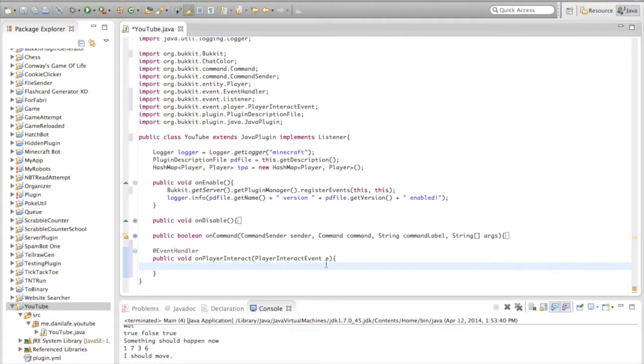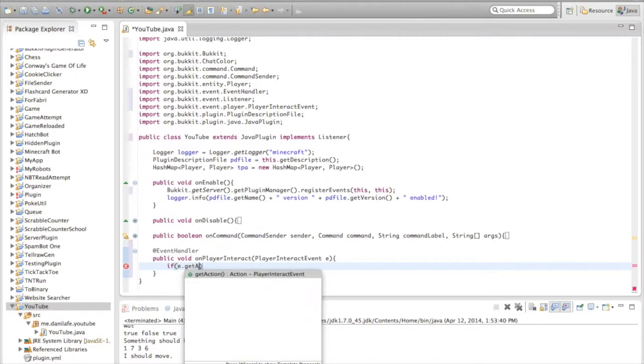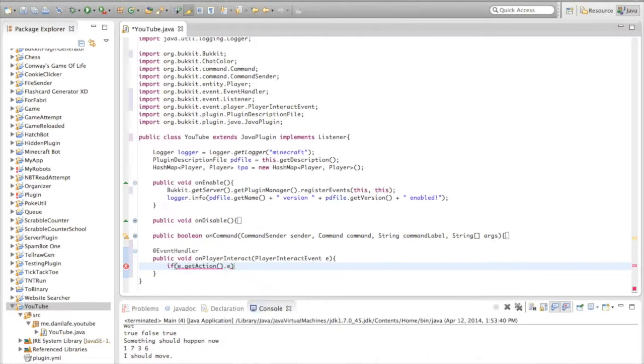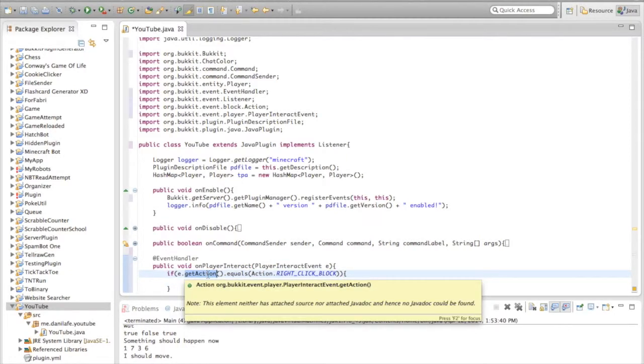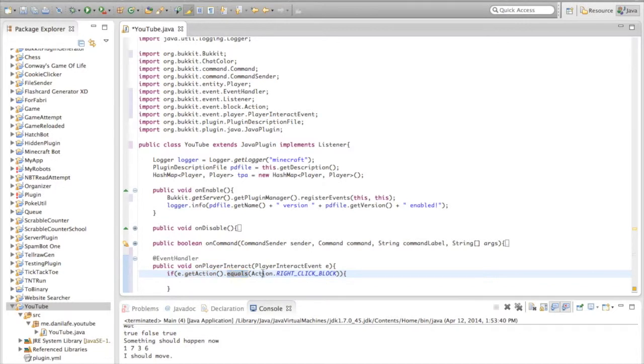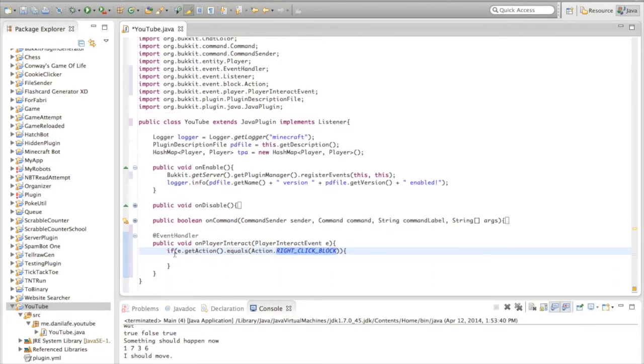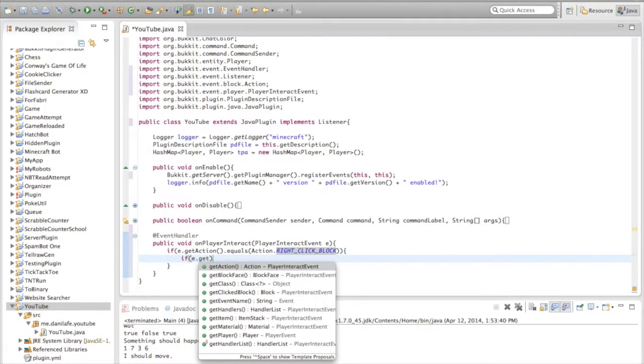Now we need to check if the player right-clicks something, and in our case right-clicks a block, so if e.getAction() equals Action.RIGHT_CLICK_BLOCK. getAction returns the action that has been used by the player, and we're comparing it to Action.RIGHT_CLICK_BLOCK, and if they are the same, then